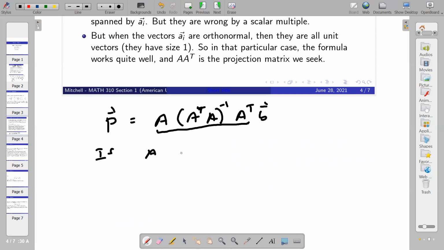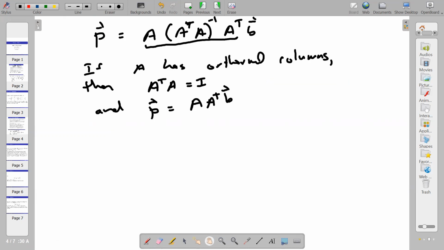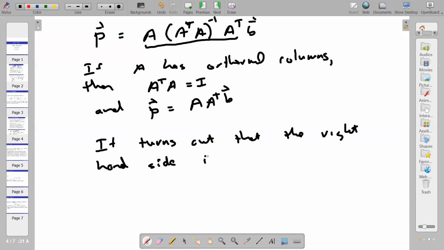If A has orthonormal columns, then A transpose A is the identity matrix, and the projection is just A transpose B. Now, it turns out, though maybe it's not so obvious, that the right-hand side is just the sum